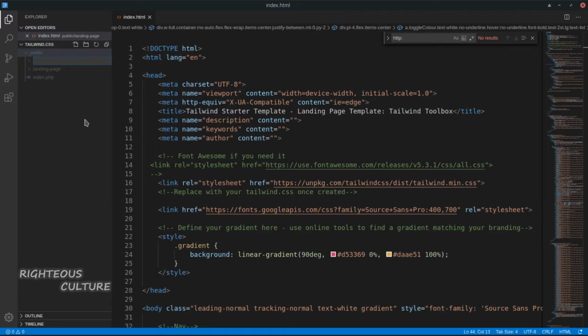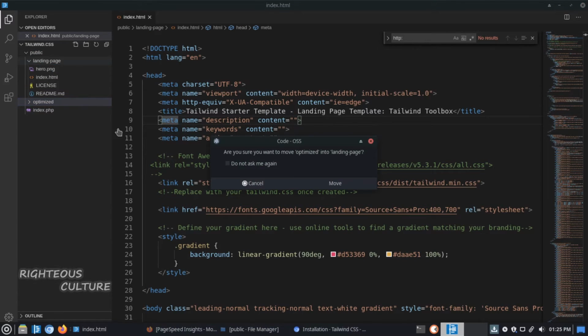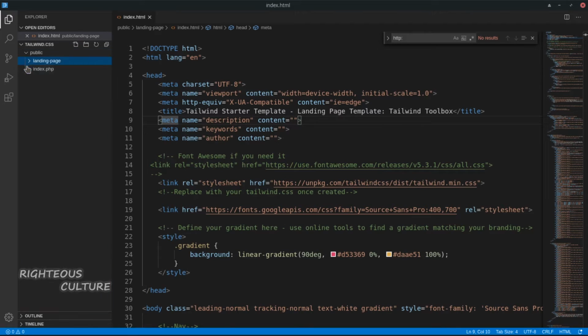Add a folder and just call it optimized. Yeah, I think I'll just put it inside this. This is the unoptimized version and then the optimized is going to be inside. So in this folder I will create a couple of folders. I'm just going to call one source,